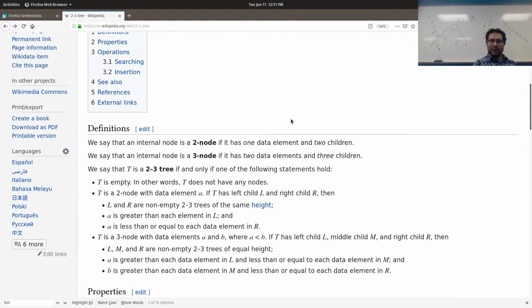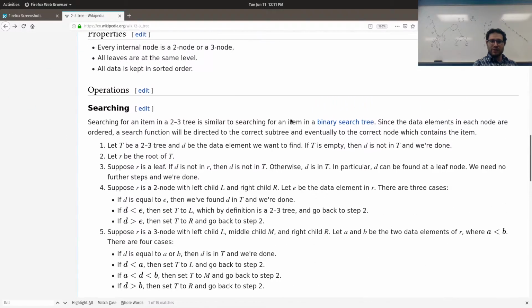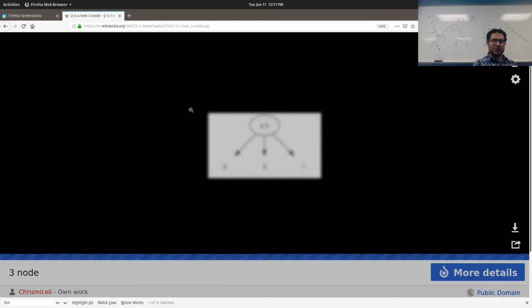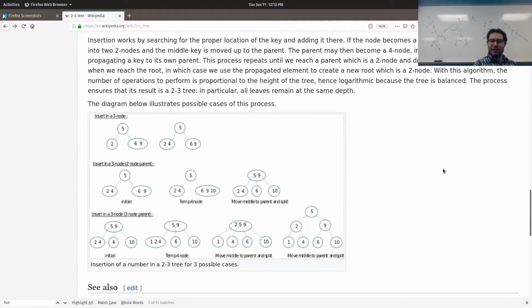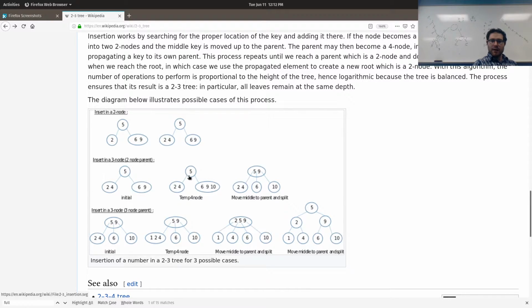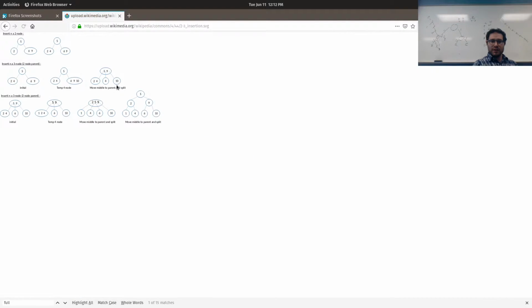So basically you have nodes with 3 children, and searching is pretty much the same. If it's less than the values, okay, then check if you're between these 2 values, check if you're greater than both the values, and then figure out which way to go. And what you do is that when you insert a node,